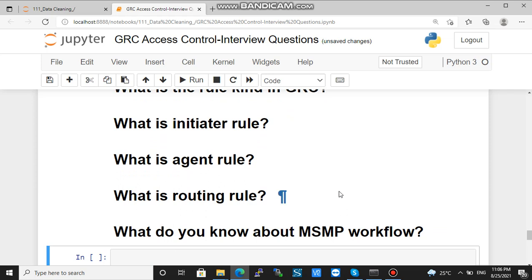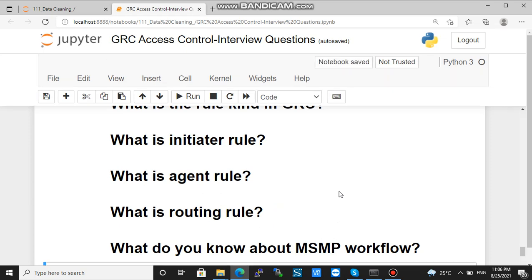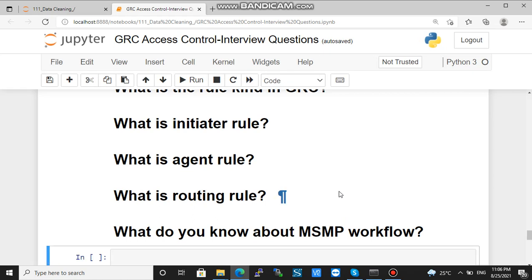And there are 7 steps in MSMP workflow: global process setting, then maintain rule. There you can maintain the initiator rule, and then maintain agent, and then notification, and that is maintained by SC61, and then maintain path, and then maintain route mapping. The rule ID will be created in BRF plus. There you will be creating your expression under decision table.